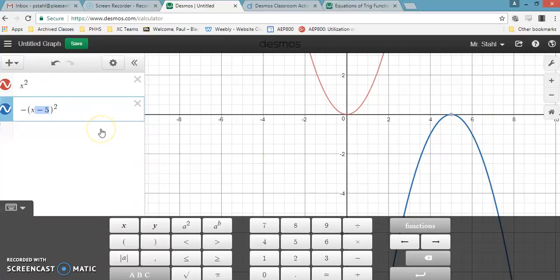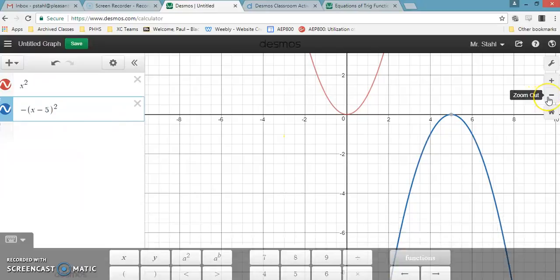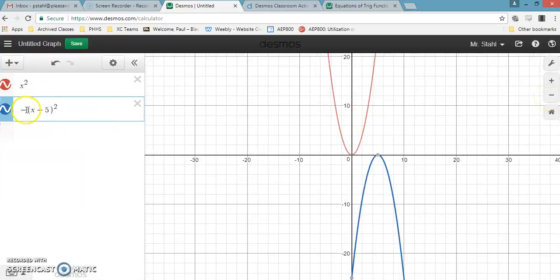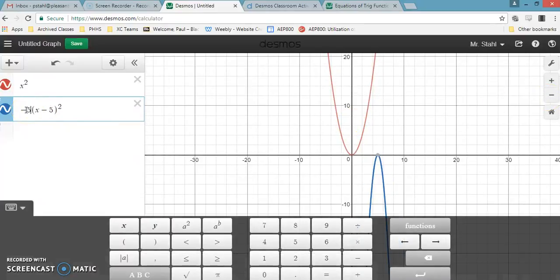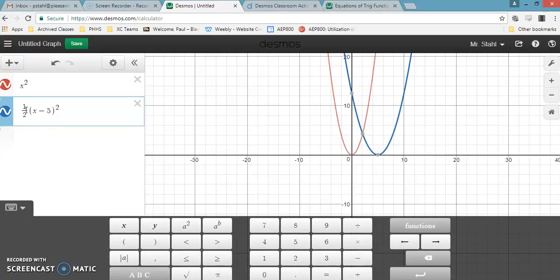So rather than graph things by hand, Desmos allows students to play around with the graph. And I found that them just playing around helps them understand the characteristics by just analyzing what happens when they plug certain numbers into the graph. So